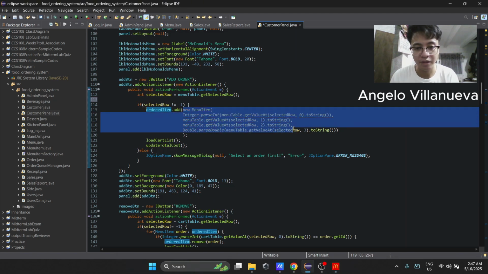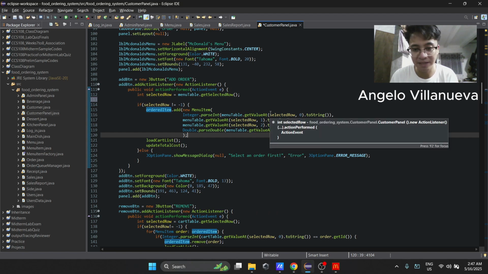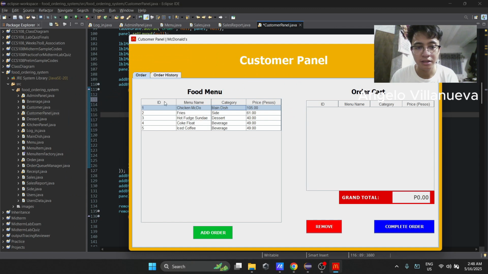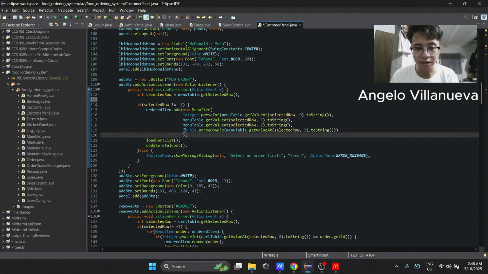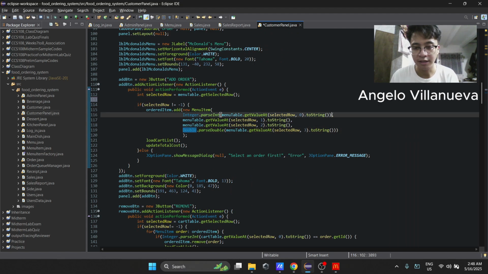So, we've gathered the selected menu information using the getValueAt method on our menu table. We specified the selected row. Next, these 0, 1, 2, 3 are the index numbers of our columns. Since each value is stored as an object, we converted them to their corresponding data types.